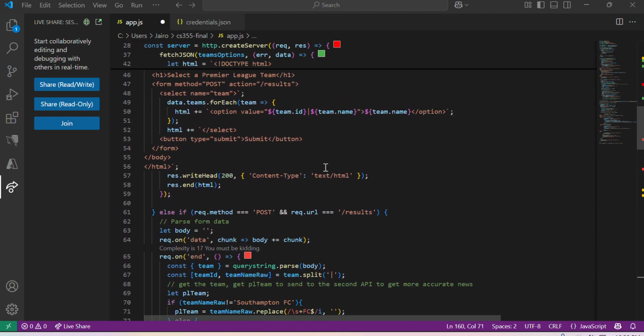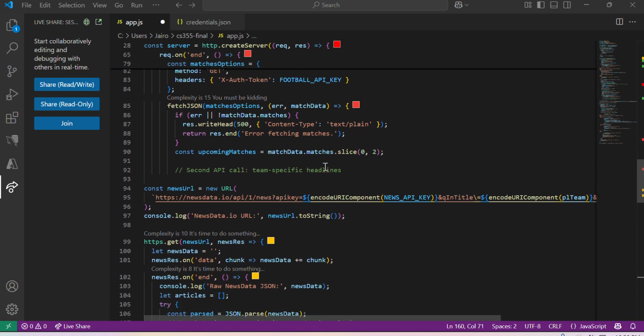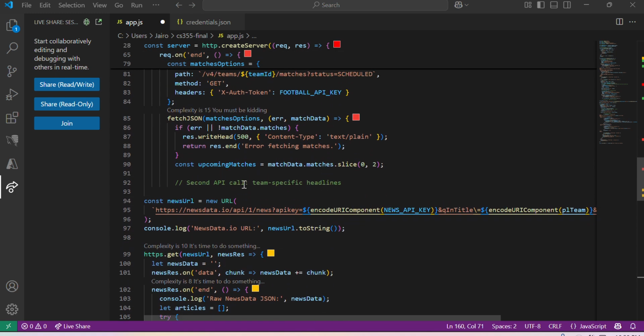And how did I make sure that the code is actually synchronous? Pretty much because it has to make a call to the API football, and once it gets a team, that's when this URL is fired. So this cannot be fired unless we already got a team from the